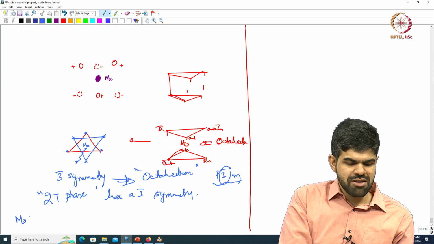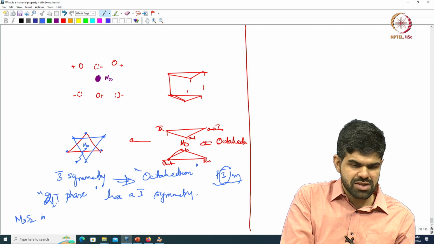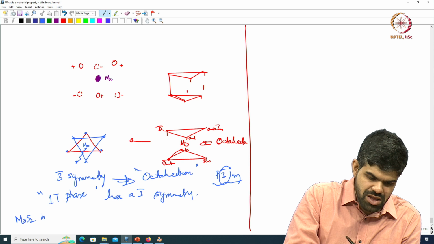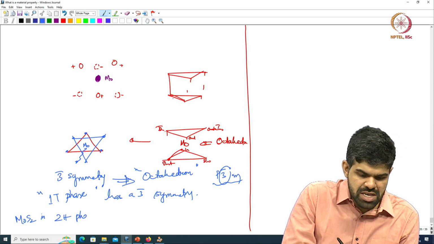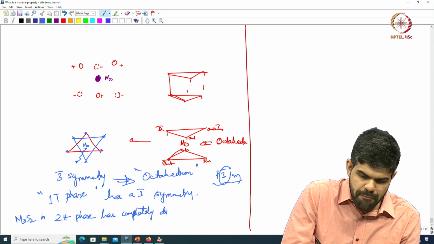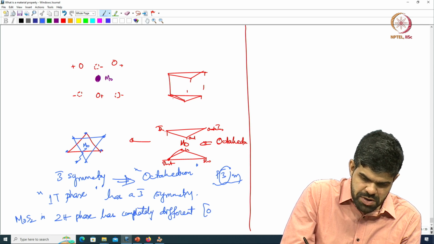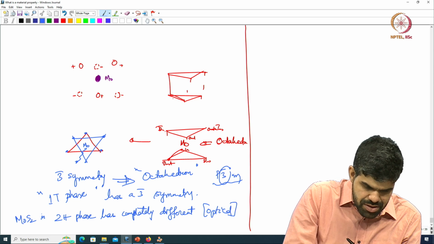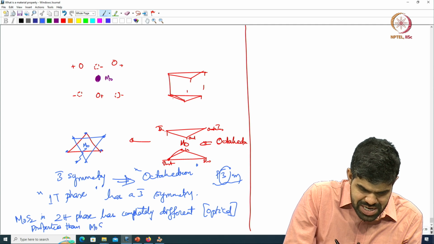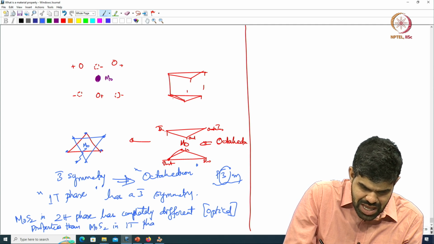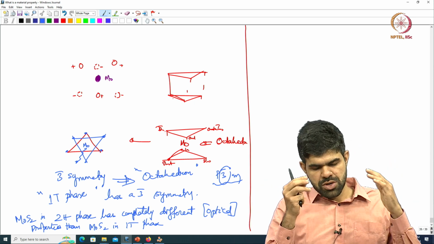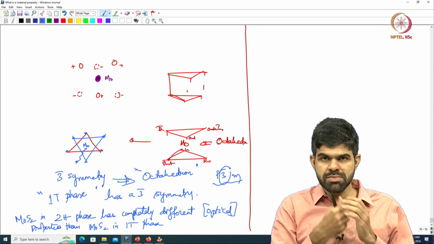Now, molybdenum sulfide in 1T phase, it is not called 2T, it is called 1T phase. Molybdenum sulfide in 2H phase has completely different properties, let me put it as optical properties, than molybdenum sulfide in 1T phase, and you can try to convert 2H into 1T or vice versa through some materials engineering